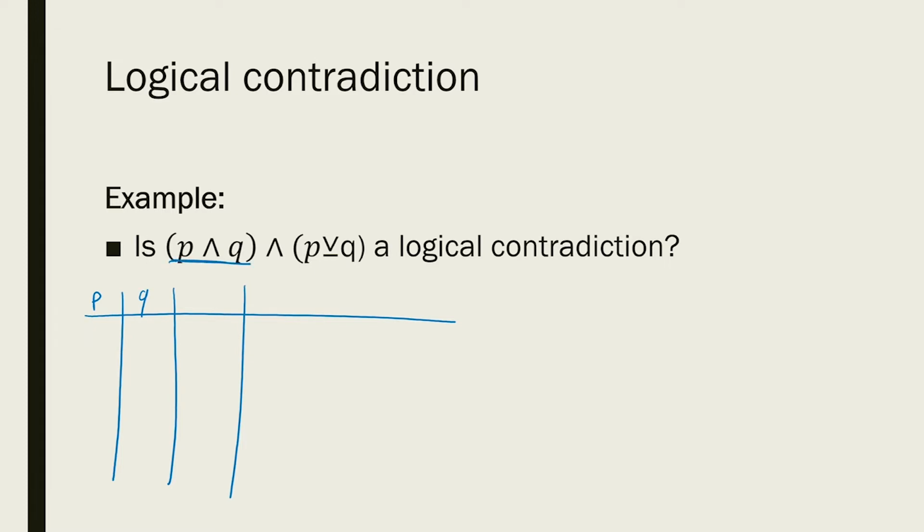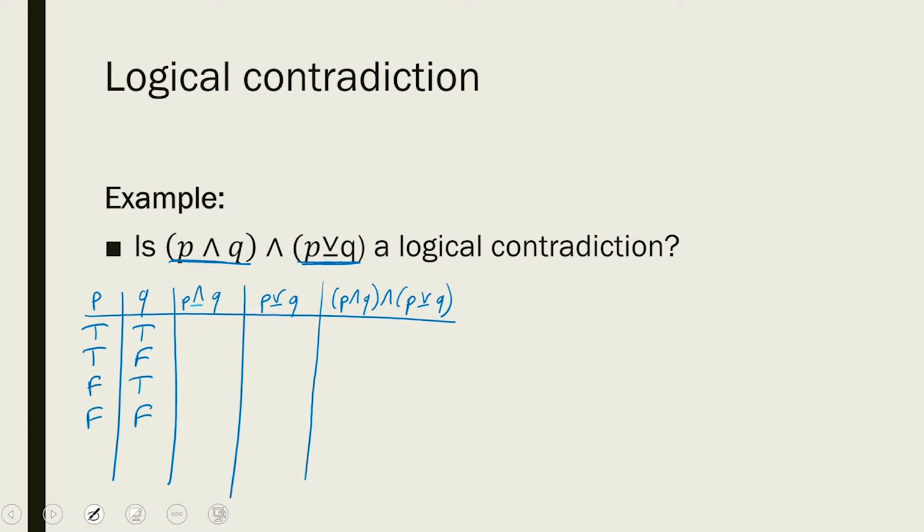First, we're going to look at the conjunction P and Q. Then we'll look at the exclusive disjunction P XOR Q. And finally, we're going to look at the conjunction of these. The conjunction is true only when both of them are true, so we get true, false, false, false. The exclusive disjunction is true only when the two values have different truth values, so we get false, true, true,